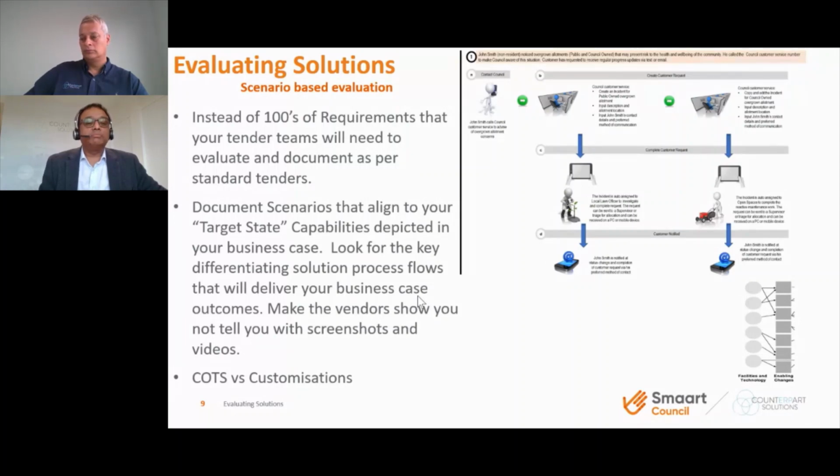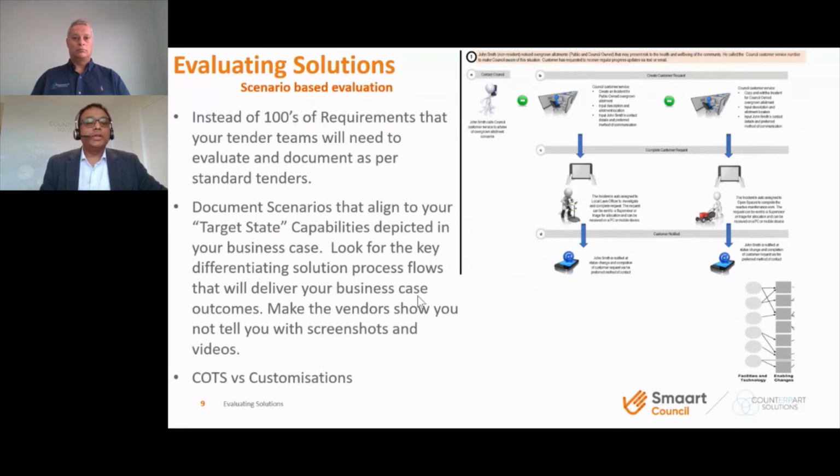So if you take the example of the supplier self-service portal, we need to probably look at, as a supplier, when he uses the solution, what are the different touch points from a supplier perspective? And from an automation process perspective, if a work is completed by a supplier and the invoice is provided by the supplier, what is the automation that can be enabled as part of the digital transformation, where the touch points are reduced so the manual processes are automated? So these things have to be documented in scenarios.